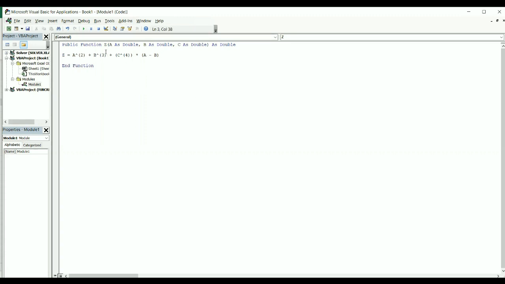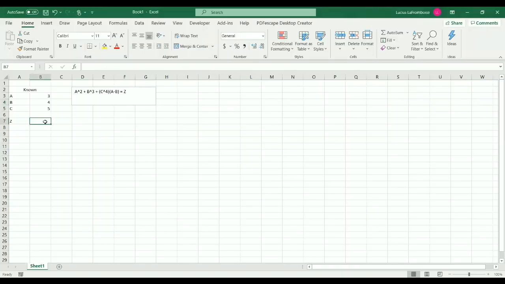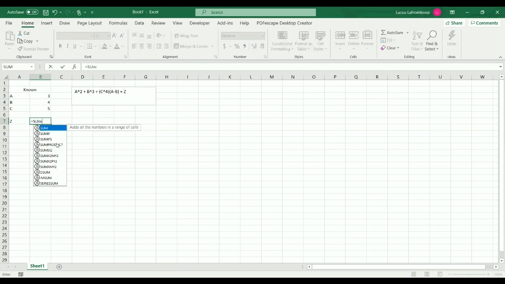All right, so our public function Z with these variables will do this, okay? So now we go back here, and how these public functions work is you've actually already used functions in Excel. If you hit equals and SUM, that's a function. All of these are functions. So this is what we actually made. So if you do equals Z, there's the function we just made. So tab, and then how it works is if you go up here,